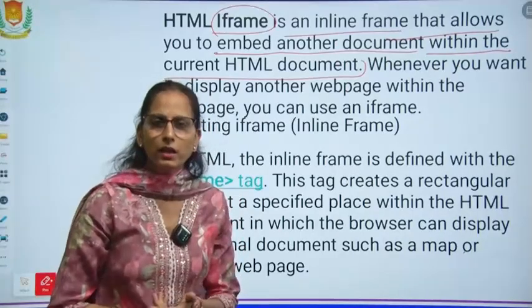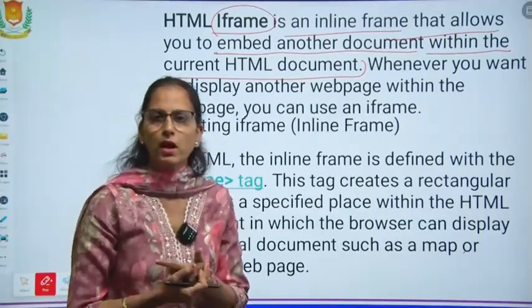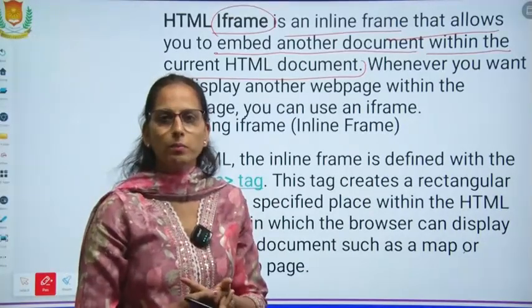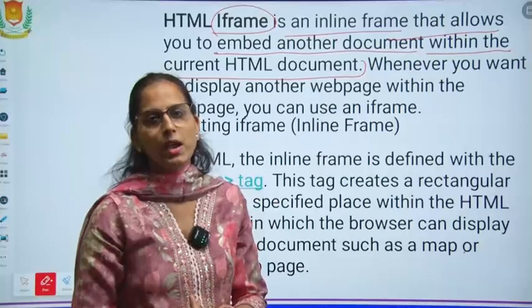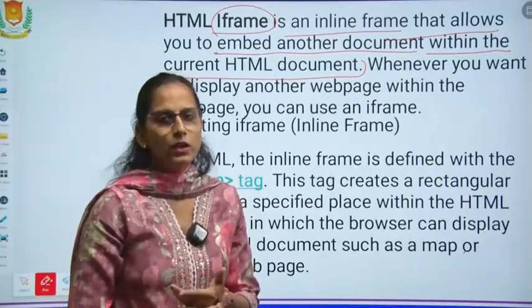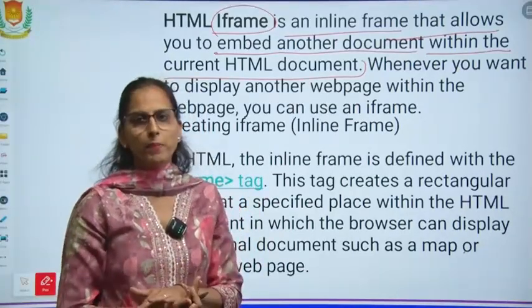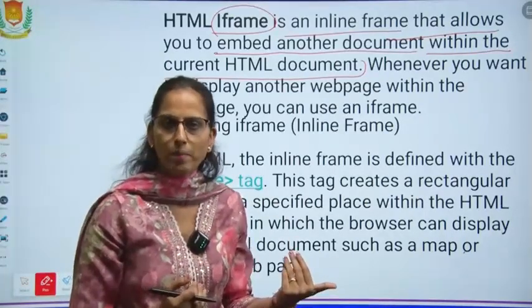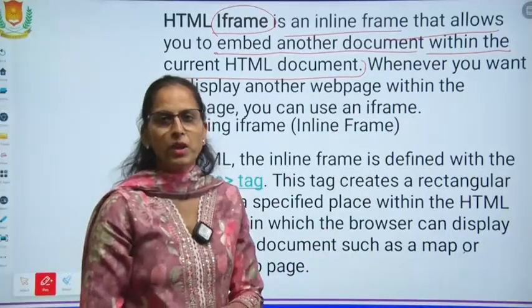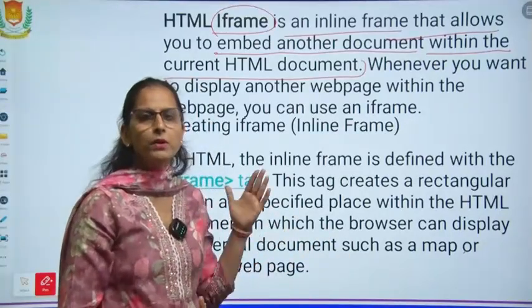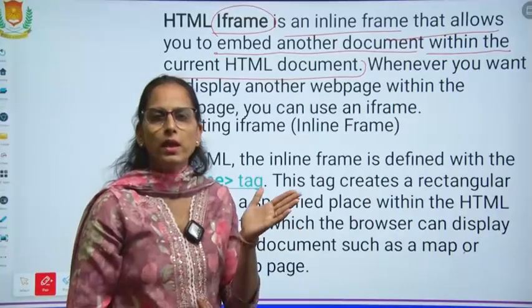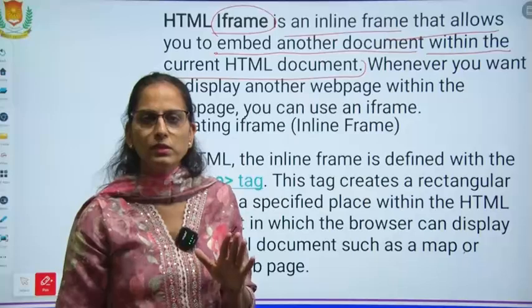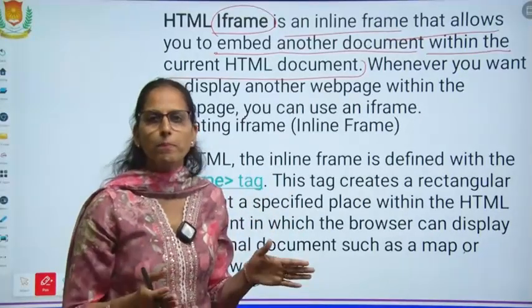In linking, you can also open a web page within your web browser screen just by clicking on the hypertext, and your target web page will open. You can view it and then go back to the original web page and work there. The iframe also provides us a way to open a web page within our current web page, but the difference is that in the iframe your web page will be embedded.